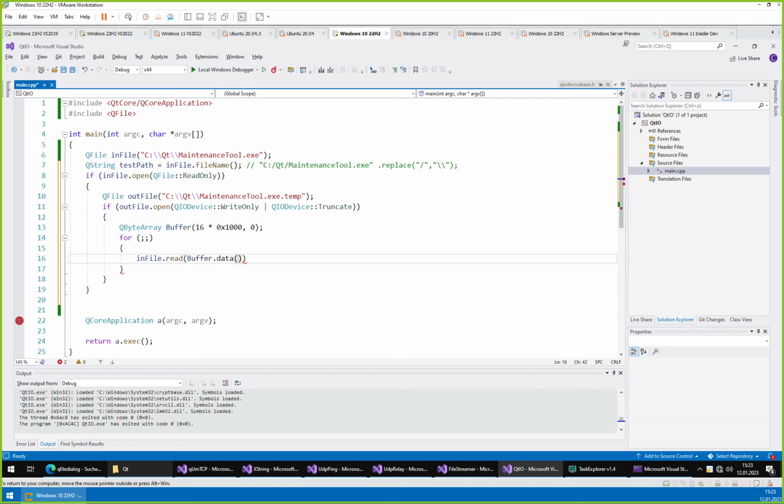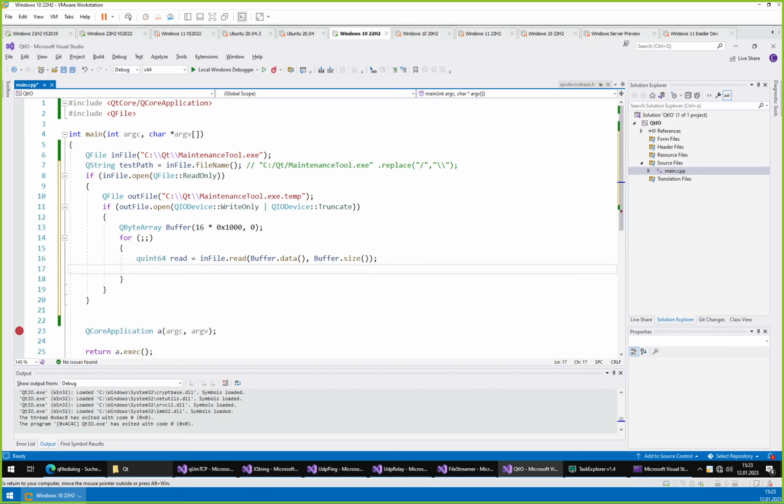data and size. We have to tell our read function how much it can read, and the read function returns an integer denoting how many bytes have been read. So qint64 read, and if it fails, then it returns 0. So we check if this is not 0. If this is bigger than 0, then we can now write to our out file,